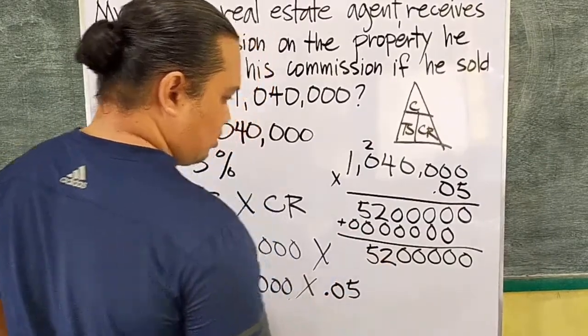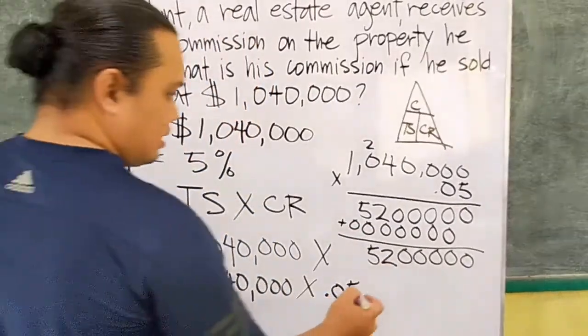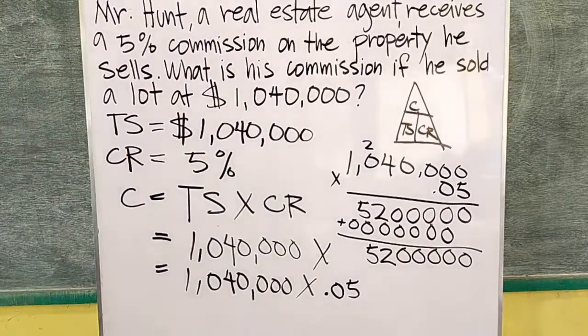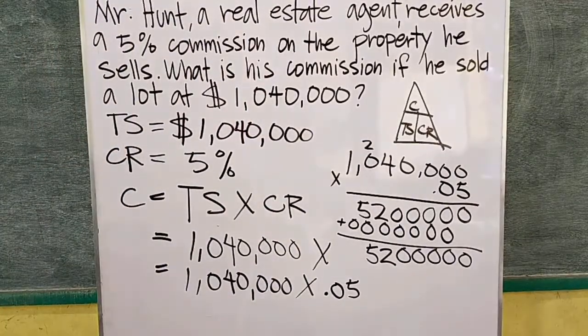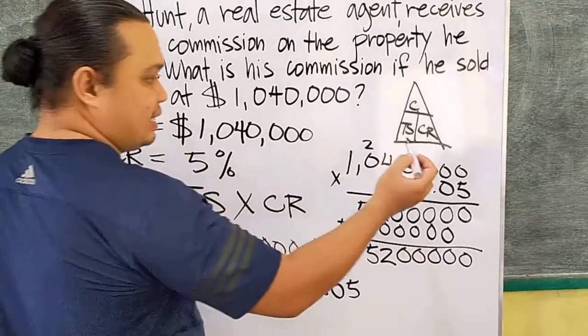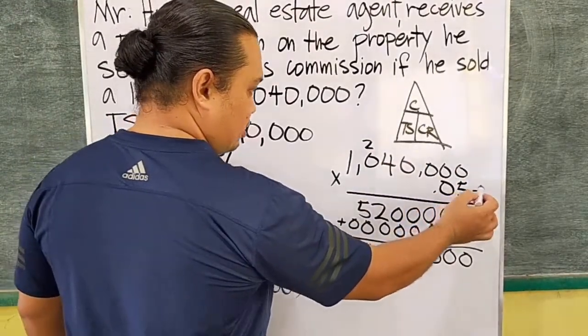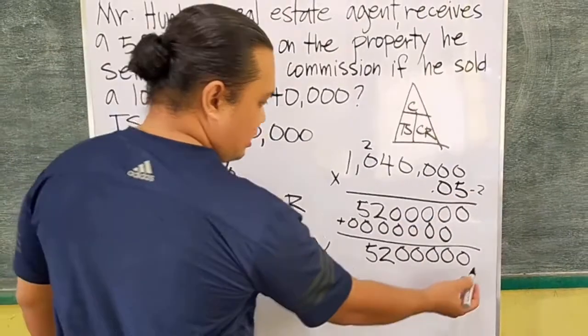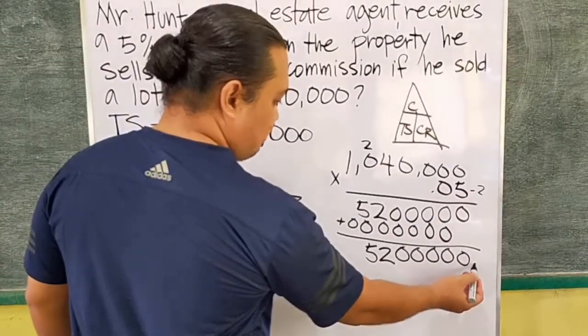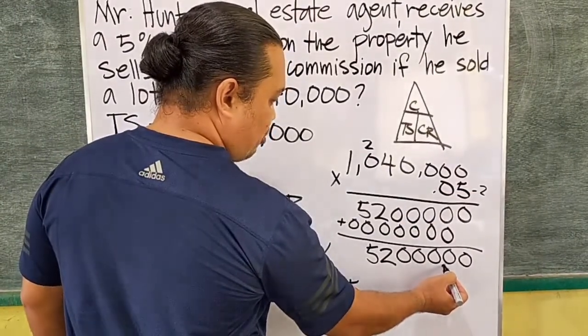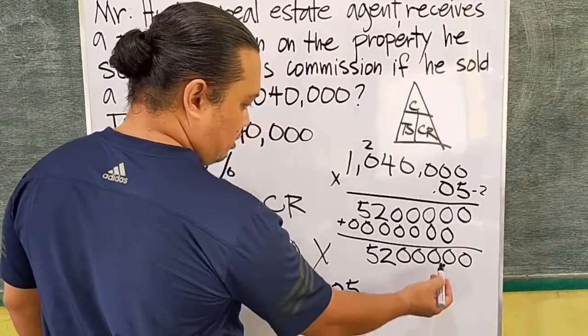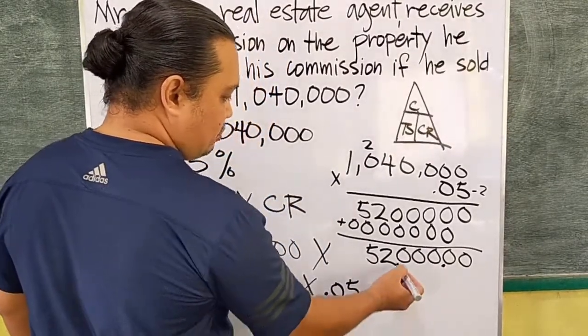Okay, so where do we put the decimal point? It depends on how many digits after the decimal point our factors have, and that's 2. So from here, let's count 2 steps to the left, 1, 2, and our decimal point will be here. Therefore, our answer will be